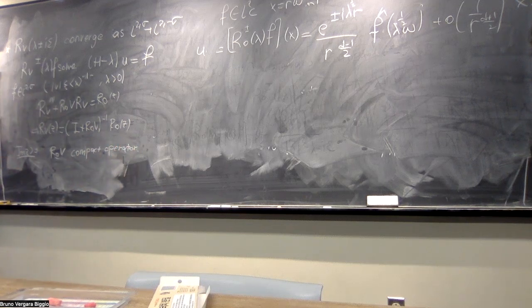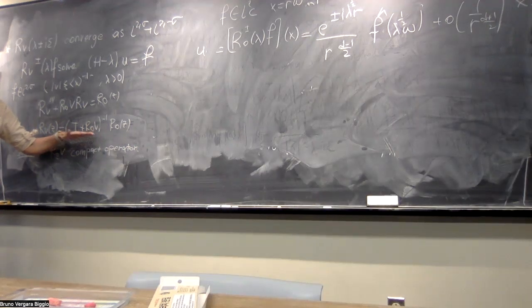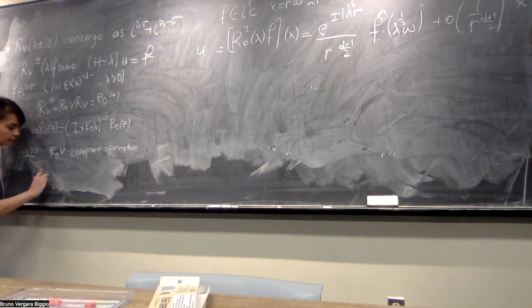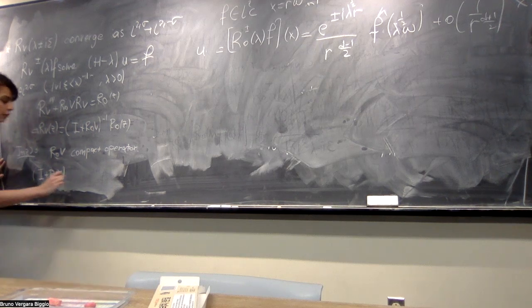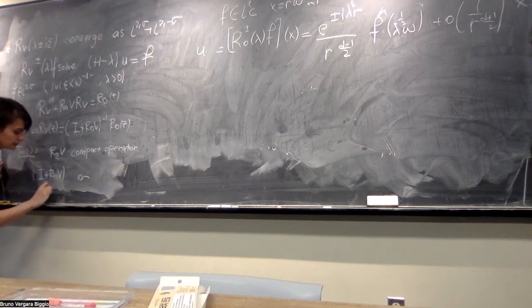And you're going to use the fact that this is a compact operator, so you're going to use the Fredholm alternative, saying that the singularities of this are going to be isolated. So in other words, if R0 B is compact, then you have two choices. Either I plus R_z B will be invertible, or so either this is going to be invertible,